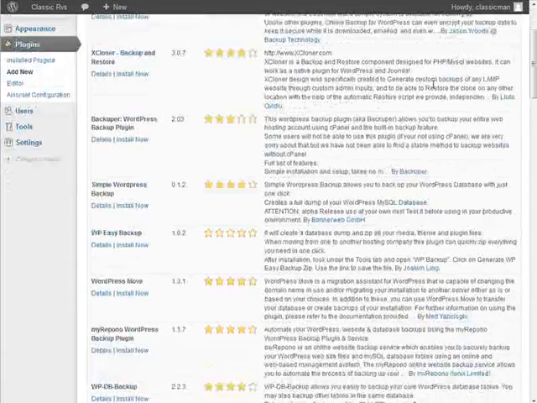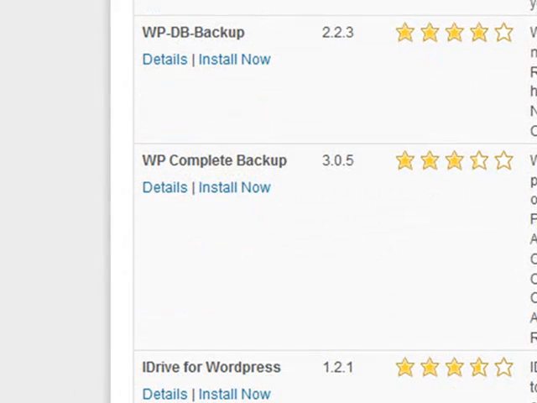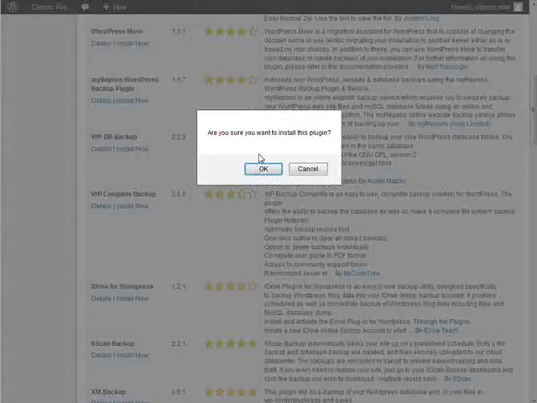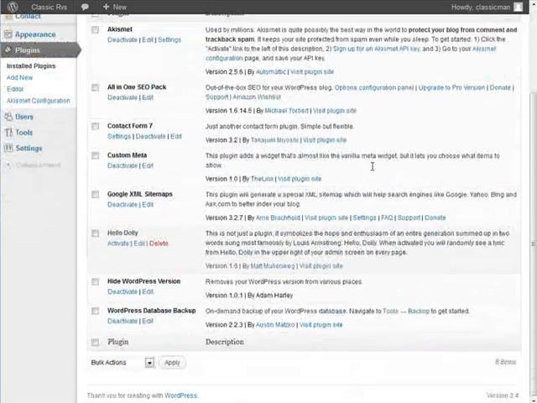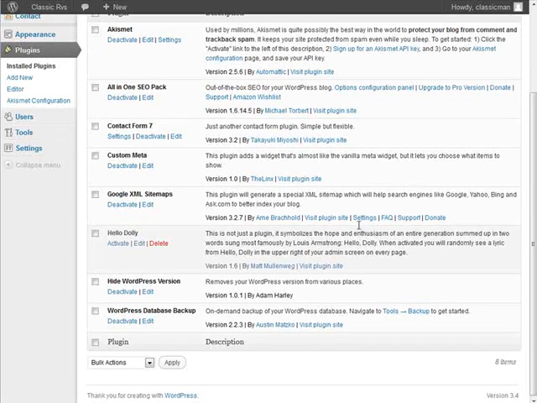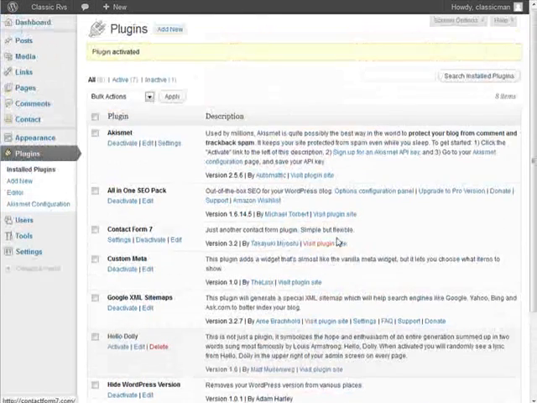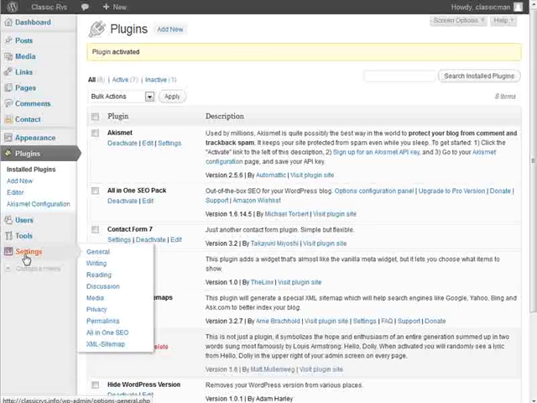Okay, and then roll down until you see this wp-db-backup. Install this and activate. Okay, now just like I said, if you want to install more you can, but these are the ones you need for sure. Okay, now to finish our setup of our plugin parameters, we can go over to settings now,